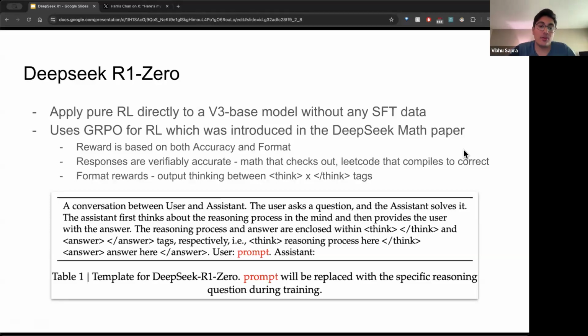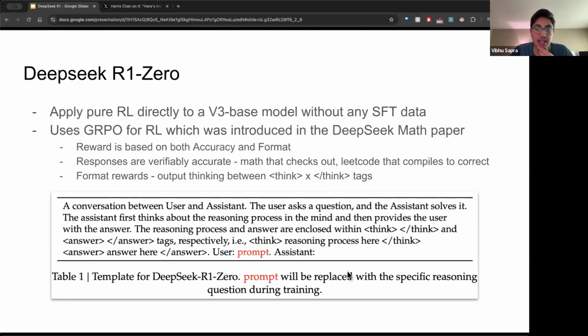In this case, the format reward is making sure that there are think tags around the reasoning, and then there's an output at the end. So there are three things they're testing for here. The model is being rewarded to put in thinking traces, so it needs to think, and it's going to put thinking stuff between thinking tags. It needs an answer, and the answer has to be correct. And then that correct answer has to verifiably check out. Then there's this RL algorithm that's applied around all this.